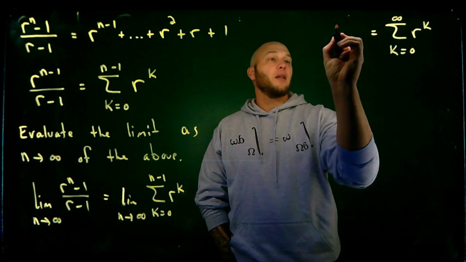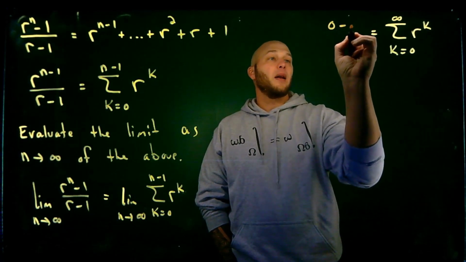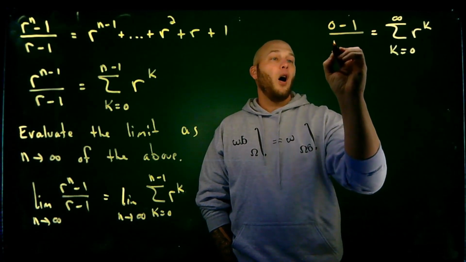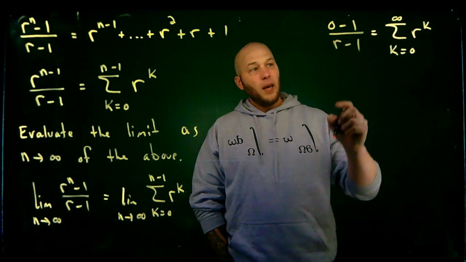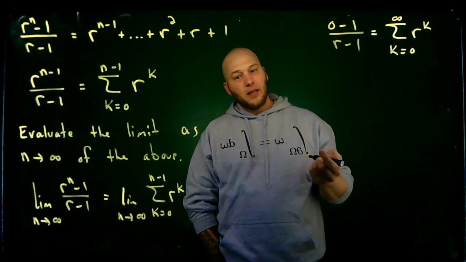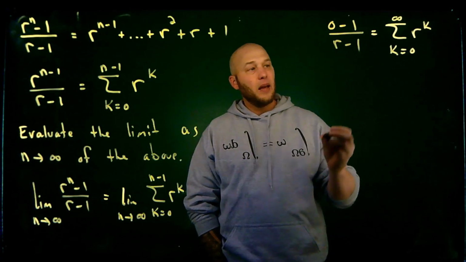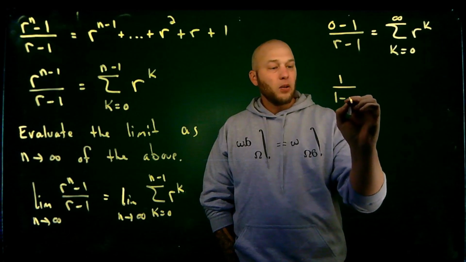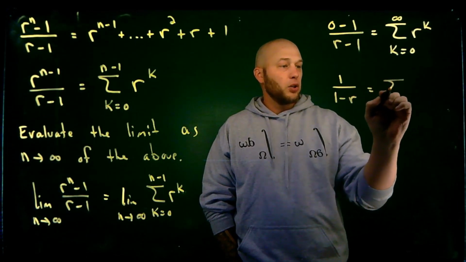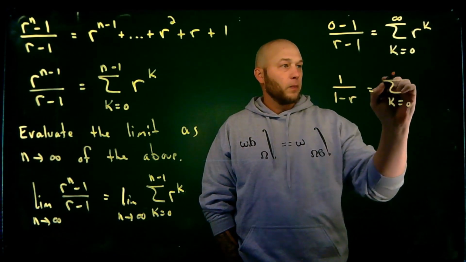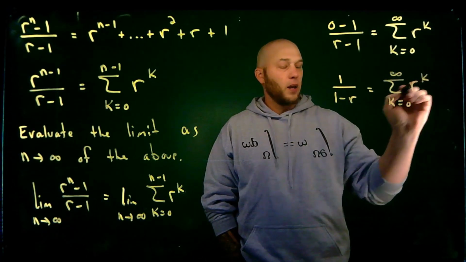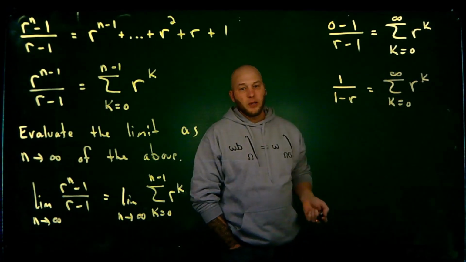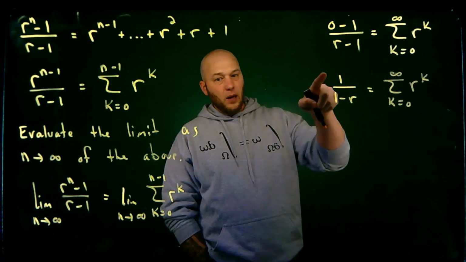and therefore this would give me on the left hand side 0 minus 1 over r minus 1. And I can factor a negative out of the top and the bottom and then cancel that negative, meaning I would get 1 over 1 minus r is equal to the summation of r to the k. Now if I multiply both sides by a, I would get a over 1 minus r,